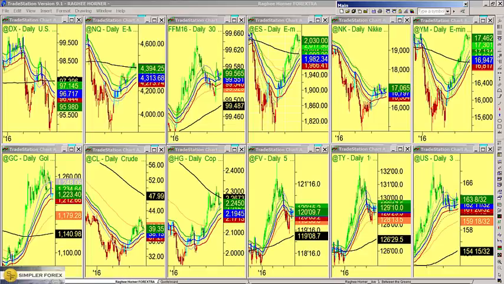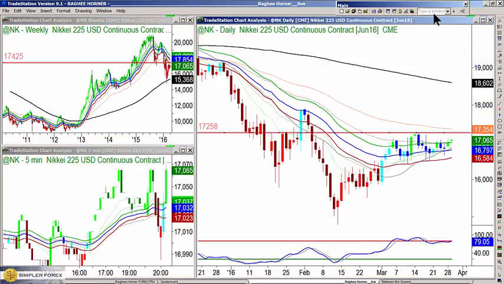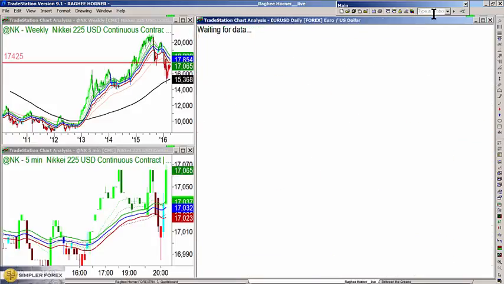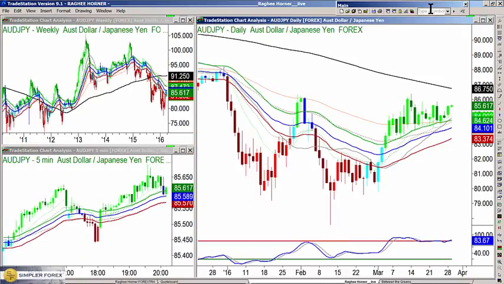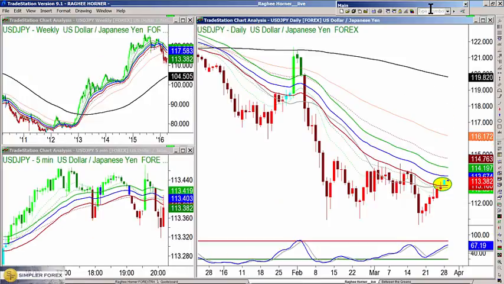In order to understand what could happen in specific currencies like the dollar, I'm going to want to look at the dollar index. I'm also going to want to look at Euro US futures or the Euro US spot, the Forex. If I'm going to want to understand what's happening in the yen, I could look at the yen through a number of relationships. Aussie yen, perhaps to take advantage of the carry, or dollar yen to take advantage of the US dollar and the Japanese yen. So we have to understand where the conversation comes from.